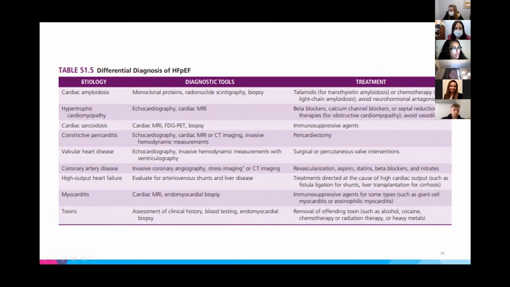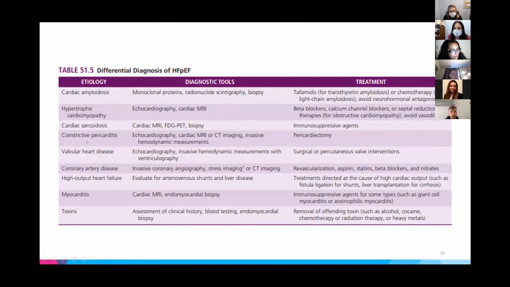And so if cardiac amyloid is causing their symptoms, and in cardiac amyloid you have a normal ejection fraction, the treatment for cardiac amyloid is different than just generic treatment for HFpEF. So you have to make sure that you think about these diseases while you're evaluating patients, because how you treat them may be different. And so hypertrophic cardiomyopathy,